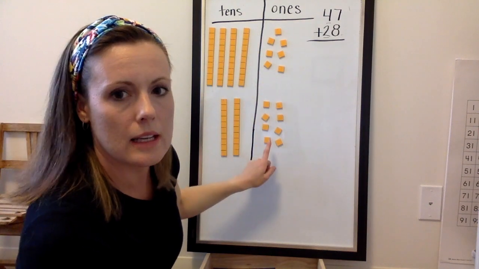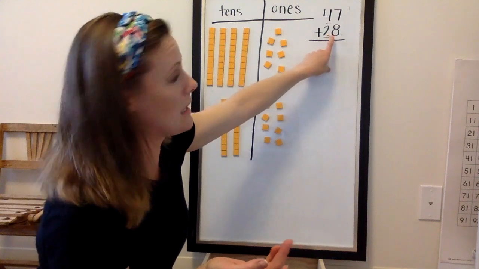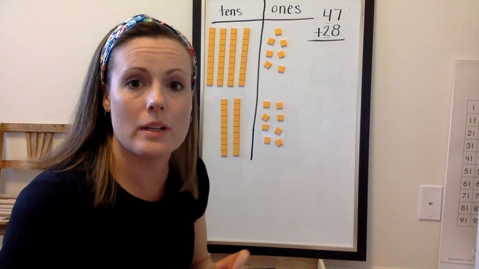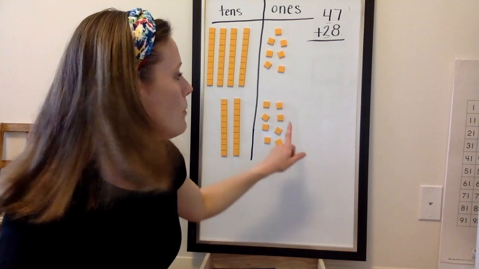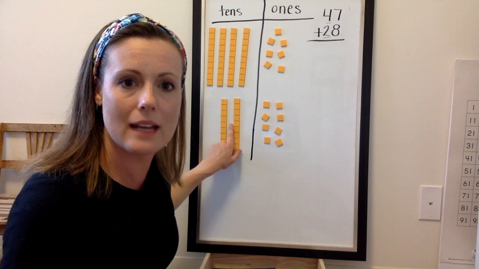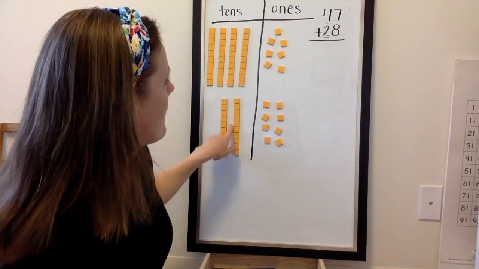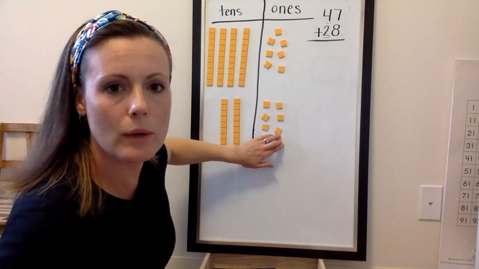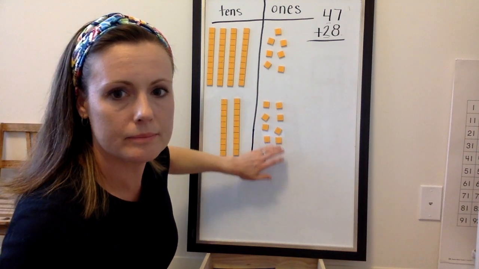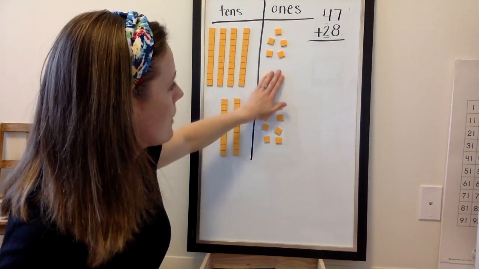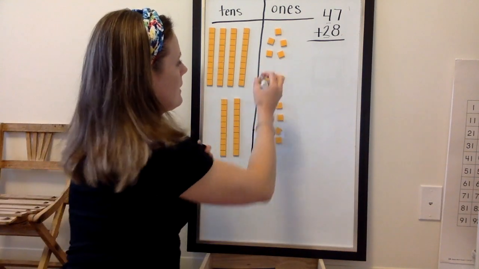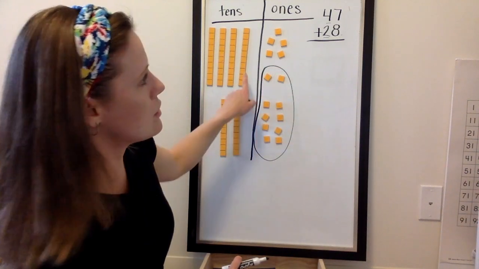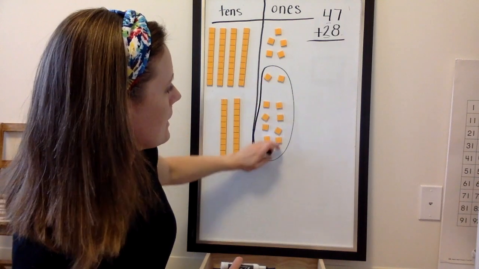What I notice is that I know right off the bat that 7 plus 8 is more than 10, so I'm going to have more than 10 ones. What I'm going to do is regroup those ones to show me in the end how many tens I'm going to end up with. So, if I have 8 down here, how many more do I need to make 10? Sorry, I only need 2 more. So what I'm doing is taking 8 from my 28, 2 from my 47, making a group of 10,